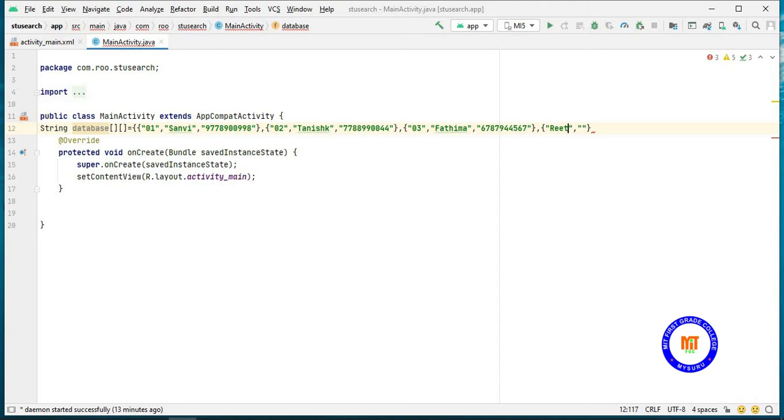First I have to give the register number, I'll give the name and the phone number. Close the flower brackets. Then you have to end it with a semicolon.